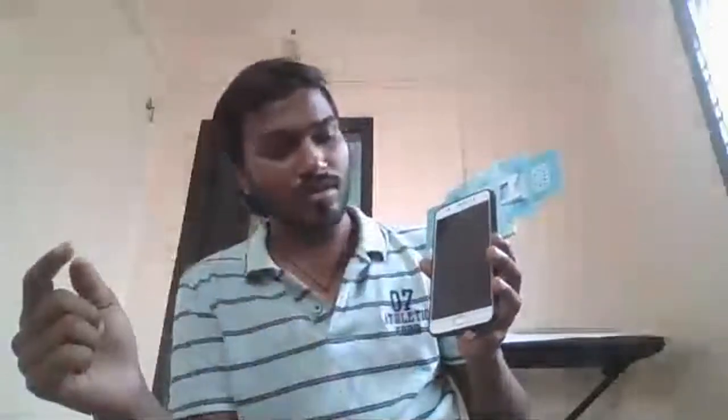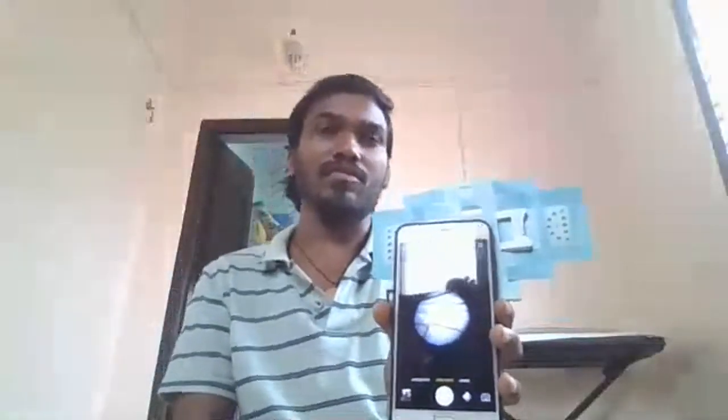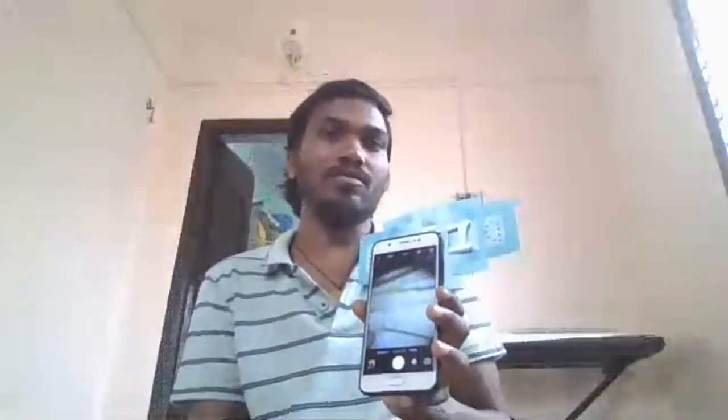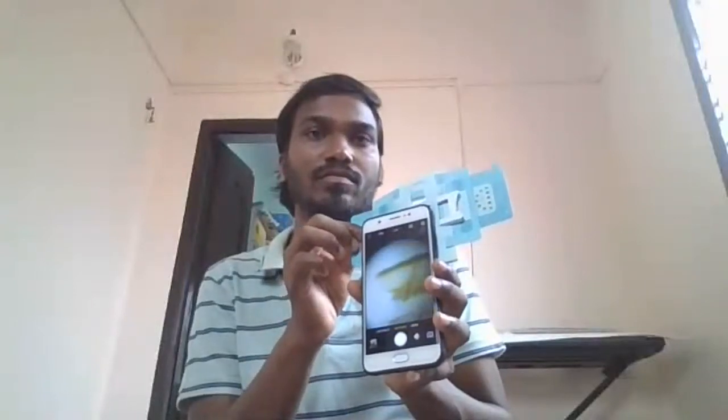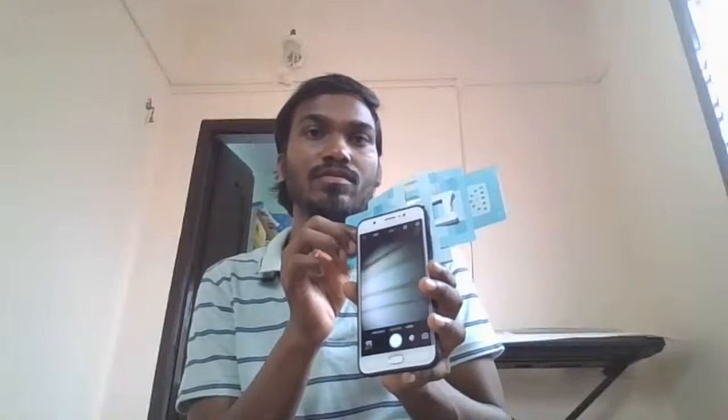Now if you see, I am switching on the camera. You can see the things here in a clear view. So this is the housefly wing, which you can see in magnification using this Foldscope product. Very good. You can see how it moves also. See how it is looking. Very nice views.